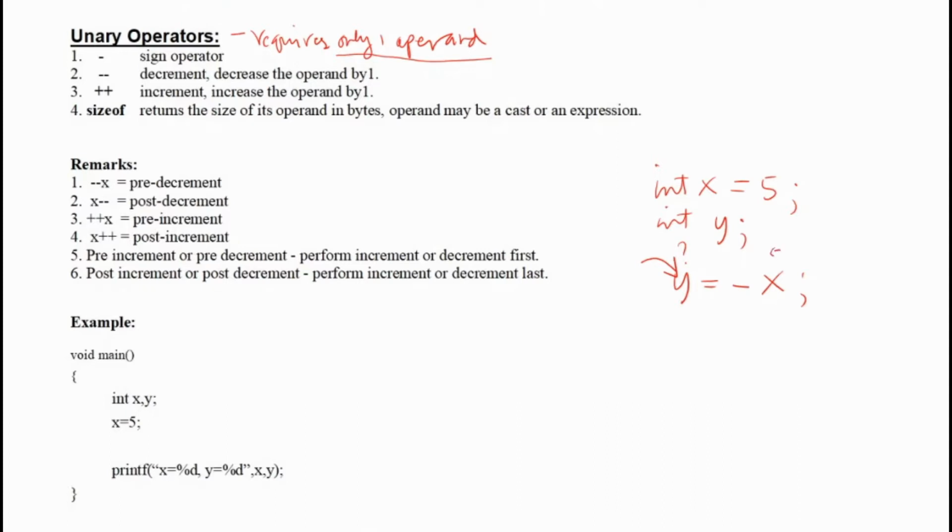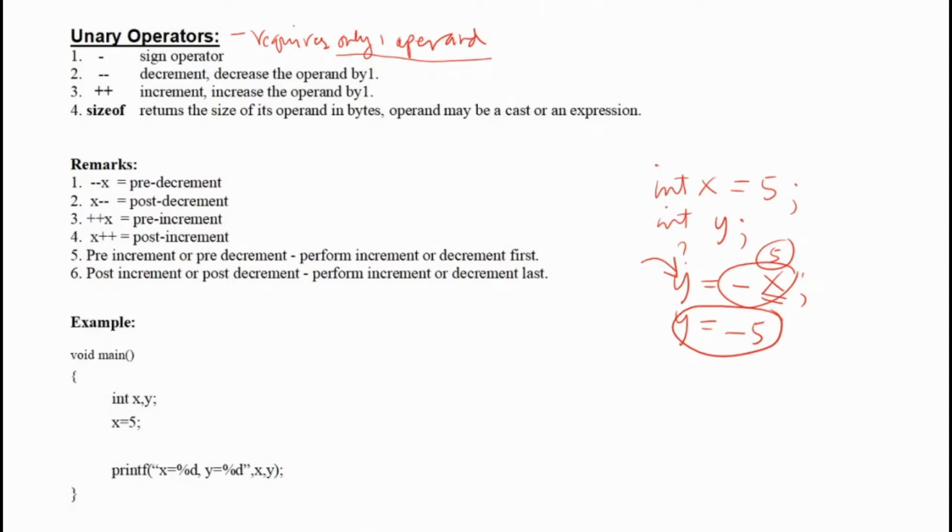Because x is positive 5, y is equal to negative 5. So the sign operator simply changes the sign of the operand. If it is positive, it becomes negative. If it is negative, it becomes positive. So the sign operator, being a unary operator, requires only one operand, that is x,